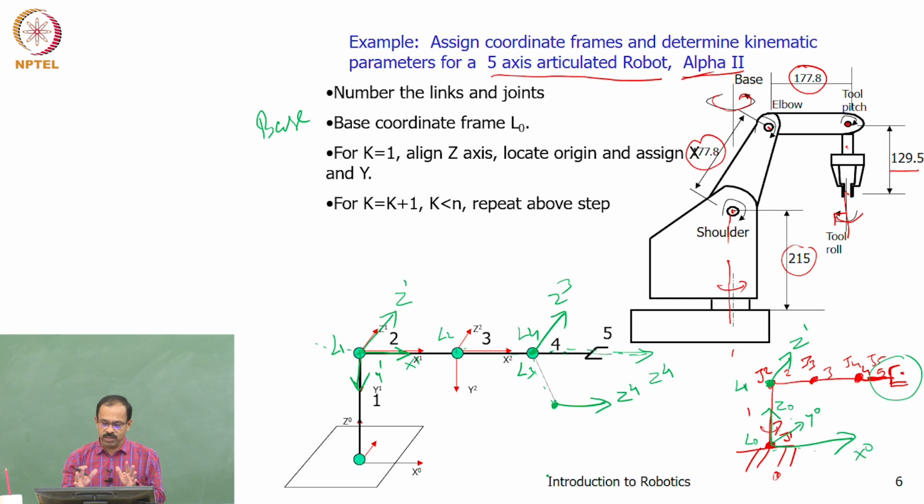So first find out the Z4 axis and then decide your X4 axis, and once you identify X4, you identify the Y4 axis. Okay. So I assume X4 as up and then Y4 will be in this direction. You can assume this direction, and Y4 can be the other direction also. Okay. Because basically we want this to be orthogonal.